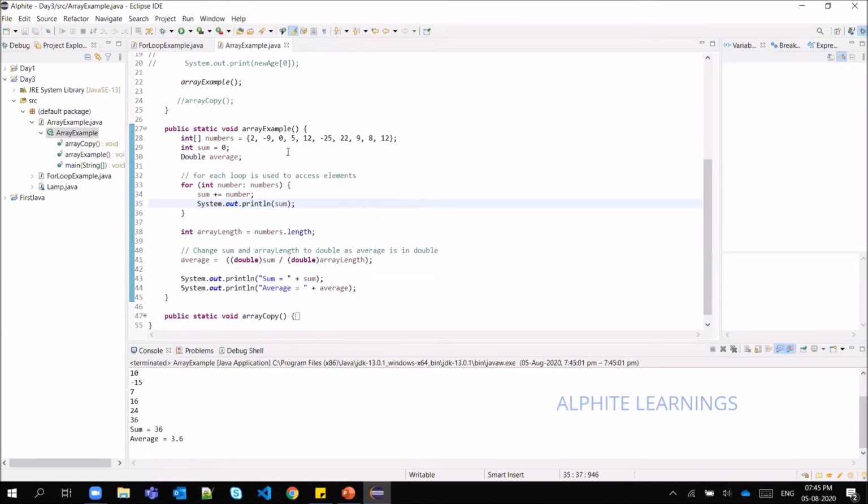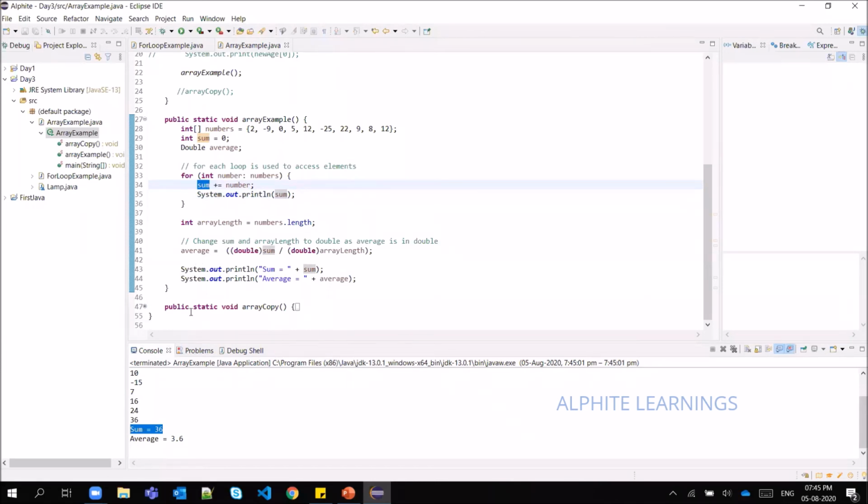So you understand? So every time this value gets added, and the total summation will be assigned to sum at the last. So the value we get is 36.